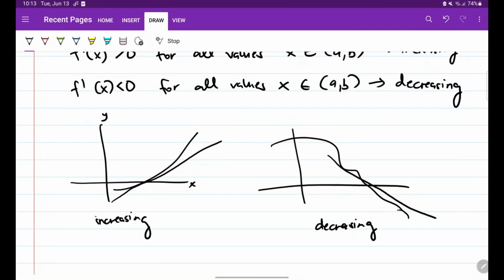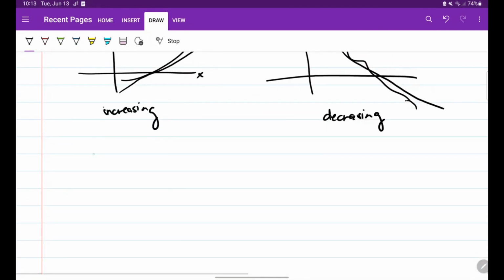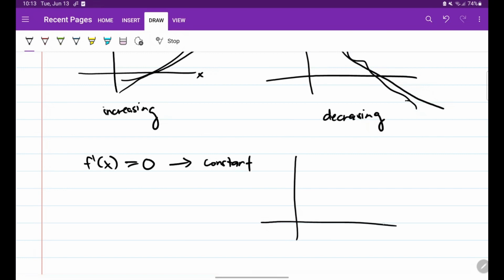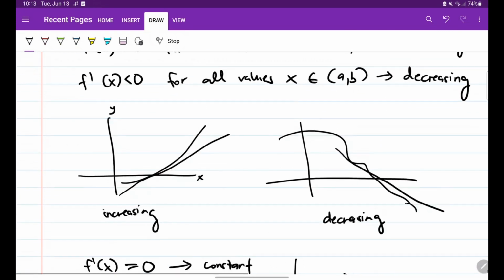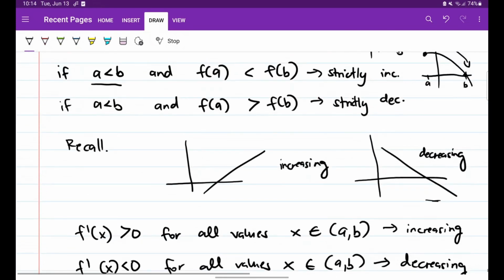And we have here a special case, no? Kung saan if f prime of x is just equal to 0, then this is just a constant, no? And makikita natin yon if we have a graph and yung derivative is perpendicular to the x-axis, no? So, perpendicular yan. Okay? So, this is just the idea of increasing and decreasing functions and paano natin sila ma-define,